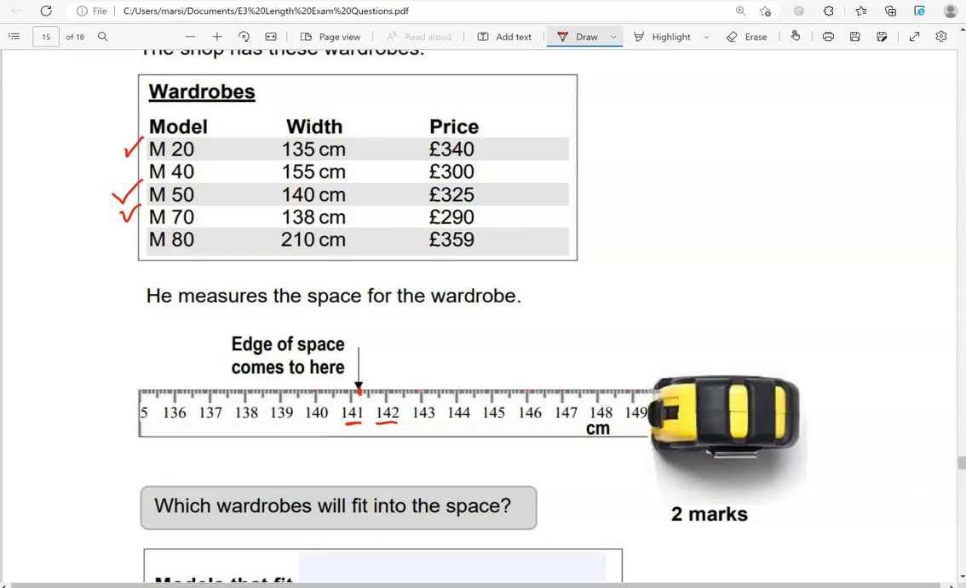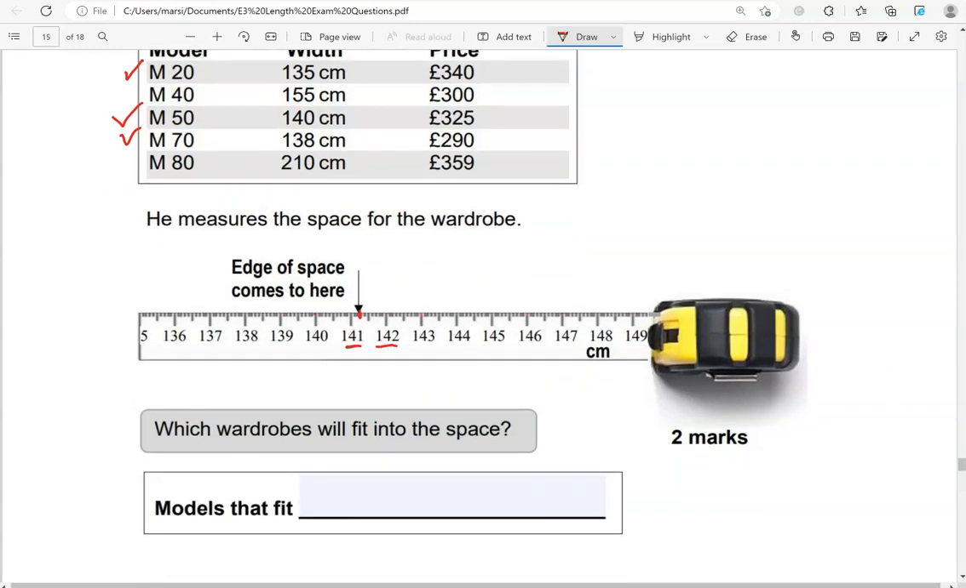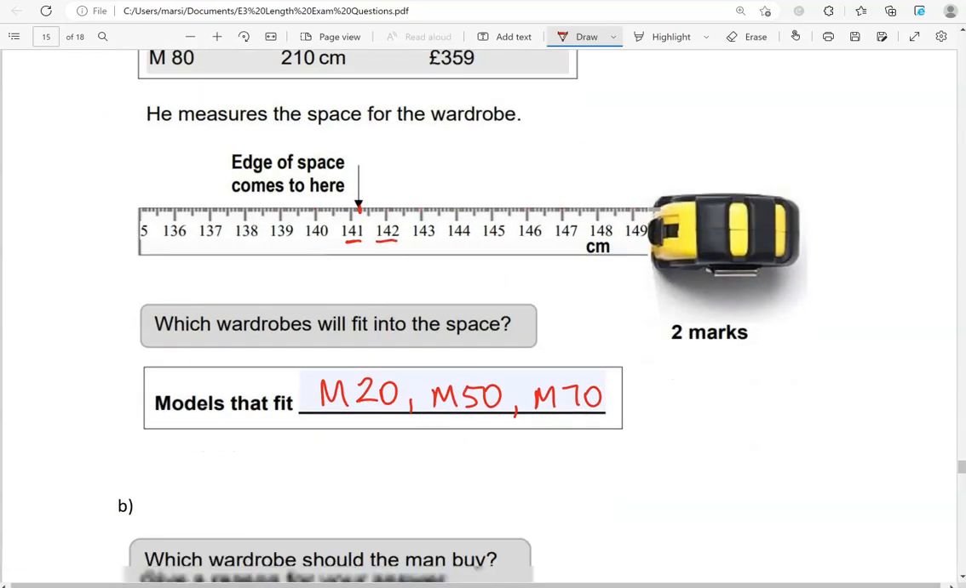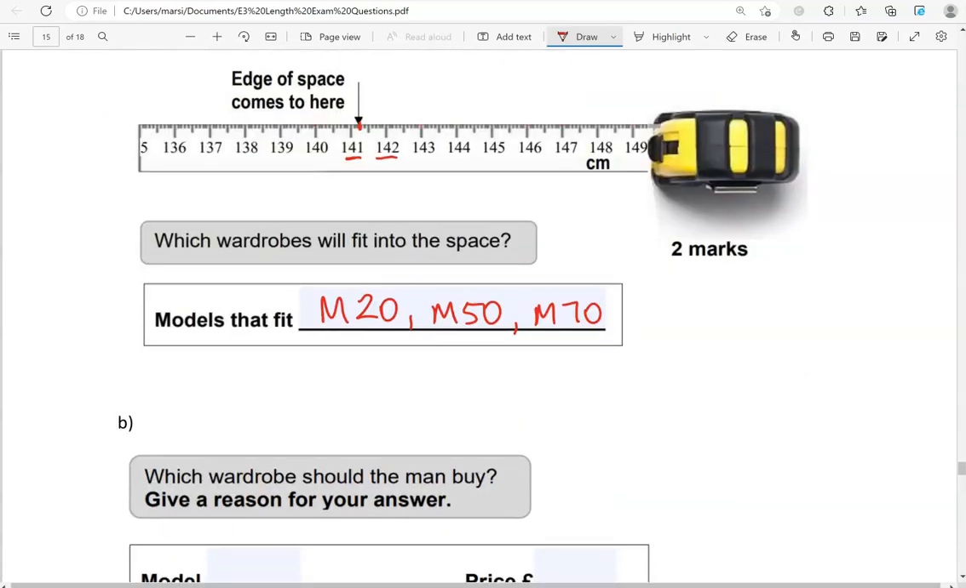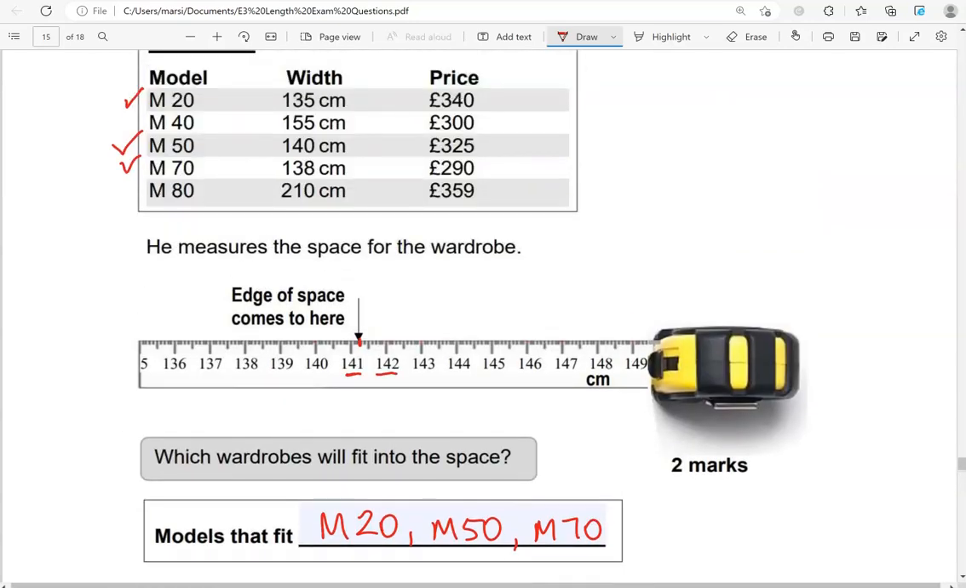So we've got M20, M50 and M70 that fit. Which wardrobe should the man buy? Give a reason for your answer. So we've got the prices as well. M20 is £340,